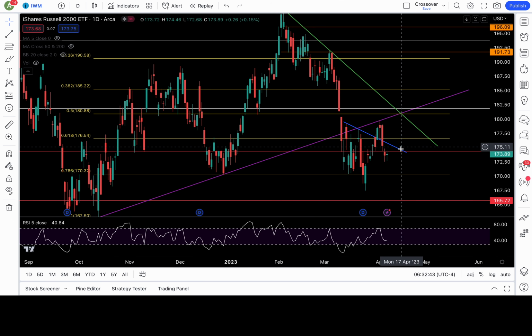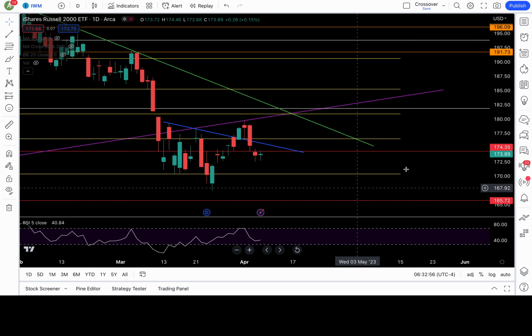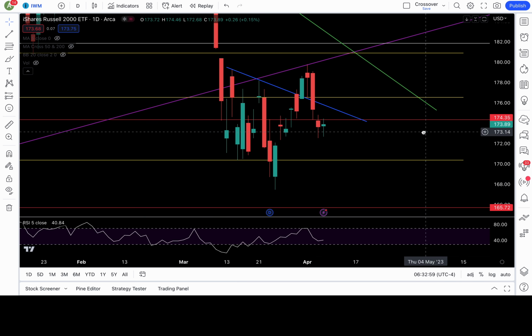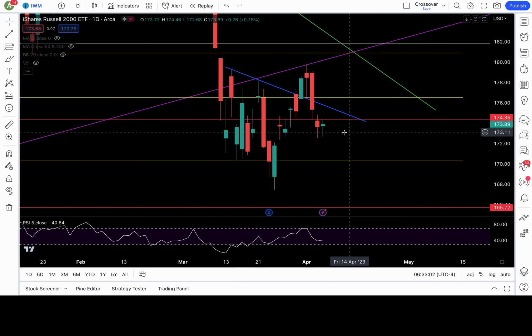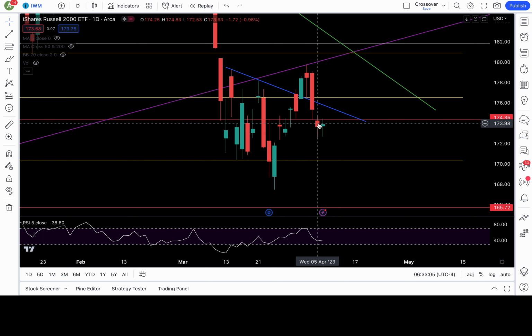IWM, it's struggling to break back above that 174.3-ish level, treating it like a resistance after breaking it down. So overall, still bearish, but it is bouncing around my 172 support level. All right, if I zoom in, I do want you guys to notice we do have an inside daily candle trade setup here. April 5th is the mother candle, and yesterday's candle is within the range of the mother candle, making it the child candle. So you trade it based on the breakout of the mother candle's high or the breakdown of the mother candle's low. Okay, and the high is at 174.8.